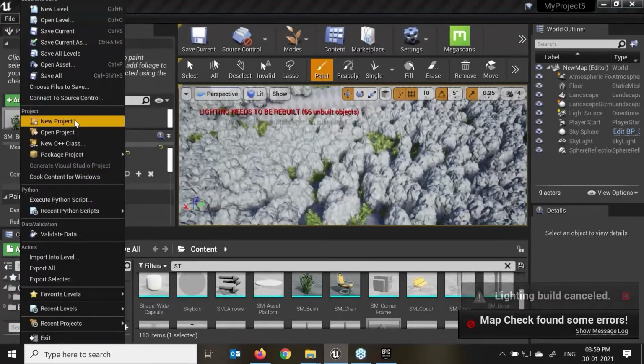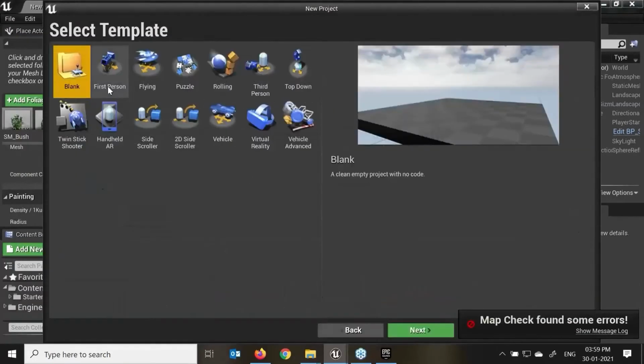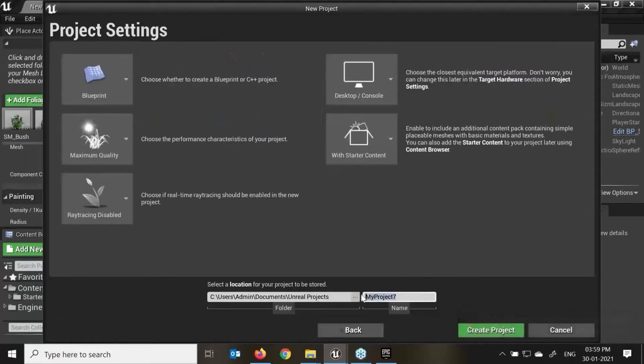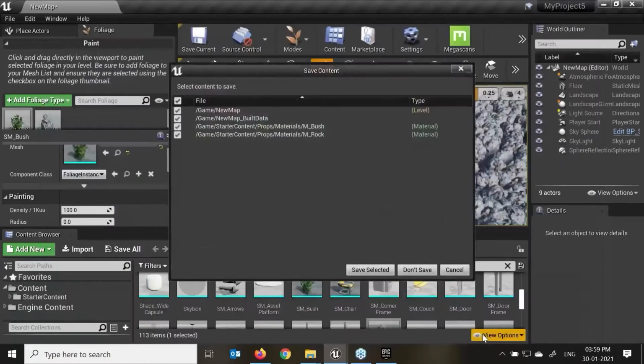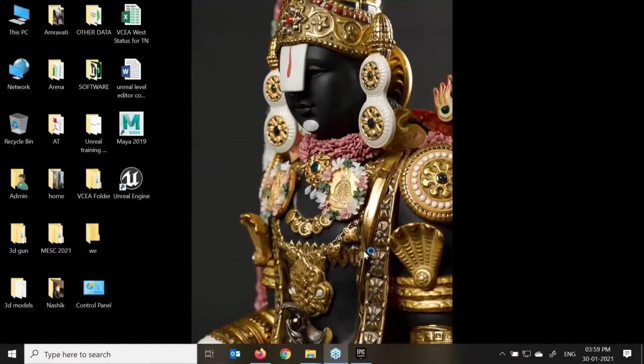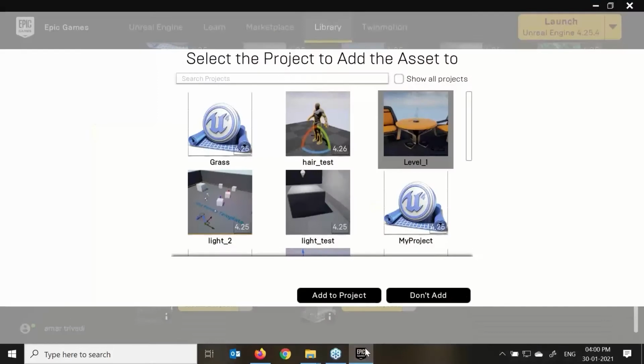So I'll try to do a new project: games, next level, and I'll call it grass. I'm giving this project the name grass and create the project. Don't save into my previous one. It takes some time to open. Again, Epic is very responsive. If you are opening any new project, it will close your previous project, and the new project which you have created is from the third-person game or default game template.